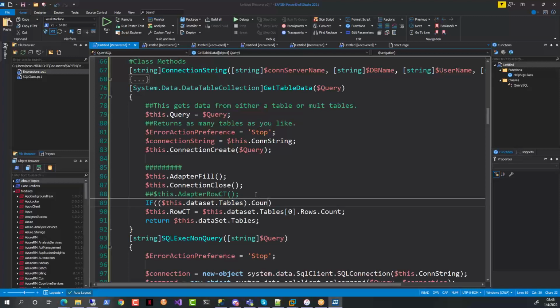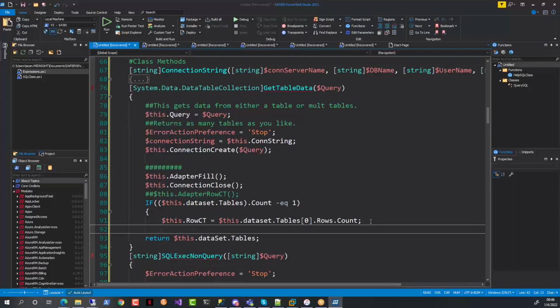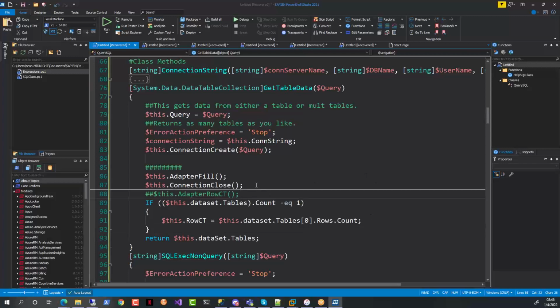Dot count is equal to 1. Then I'm going to do this. So I'm saying only if we're only querying one table do I want to fill the row count,